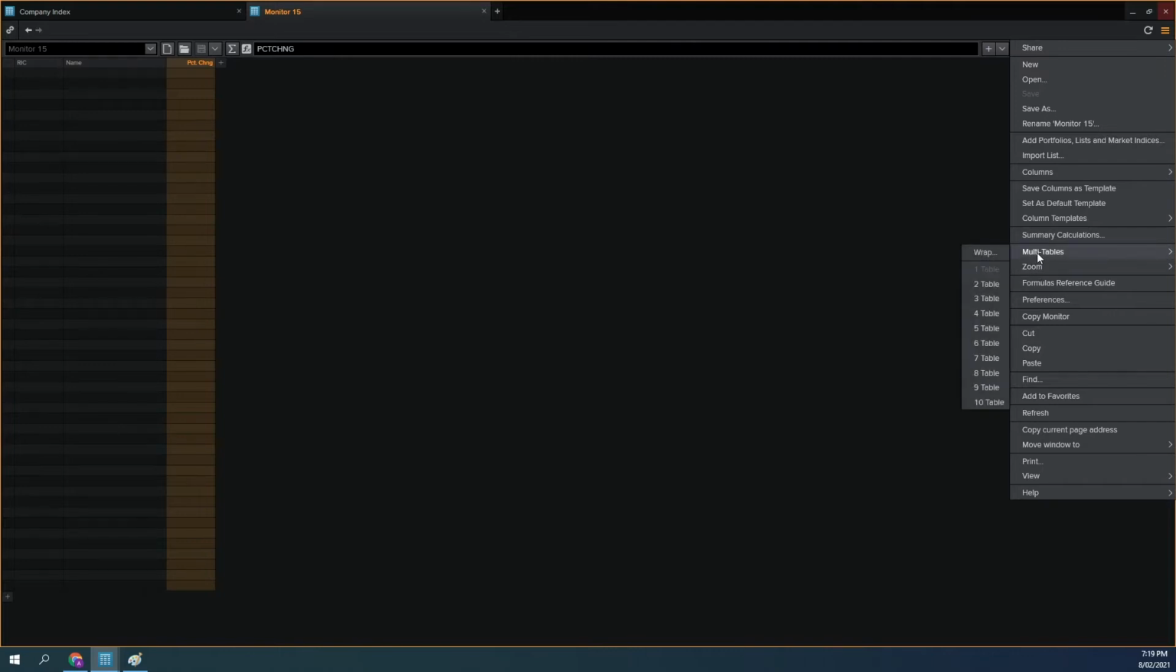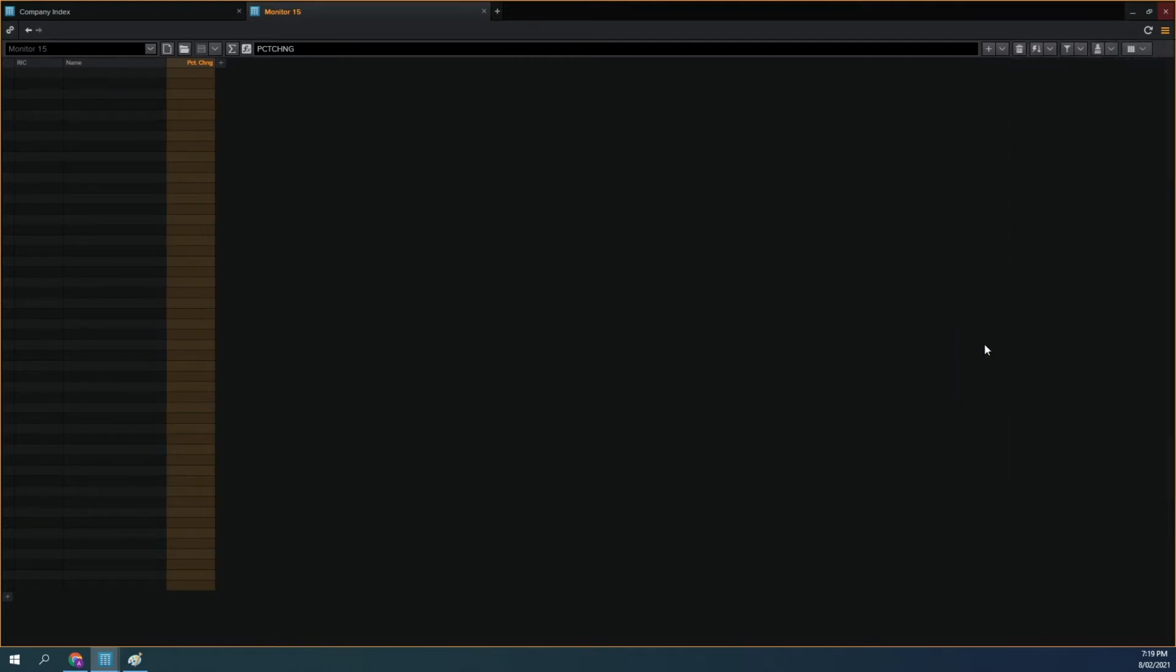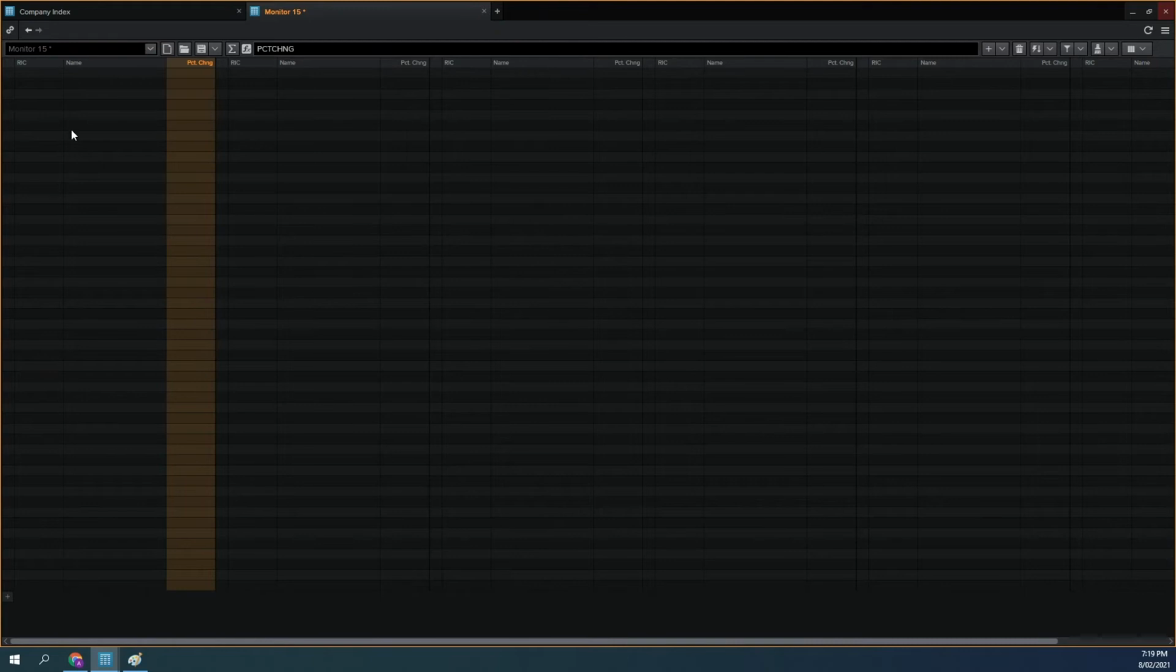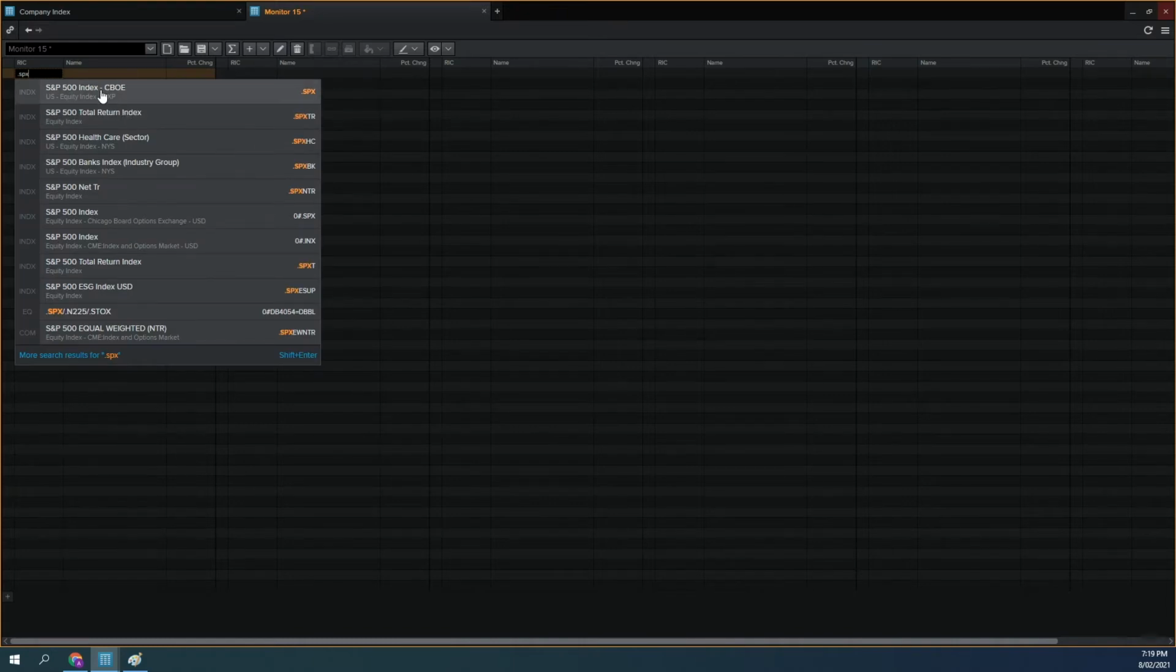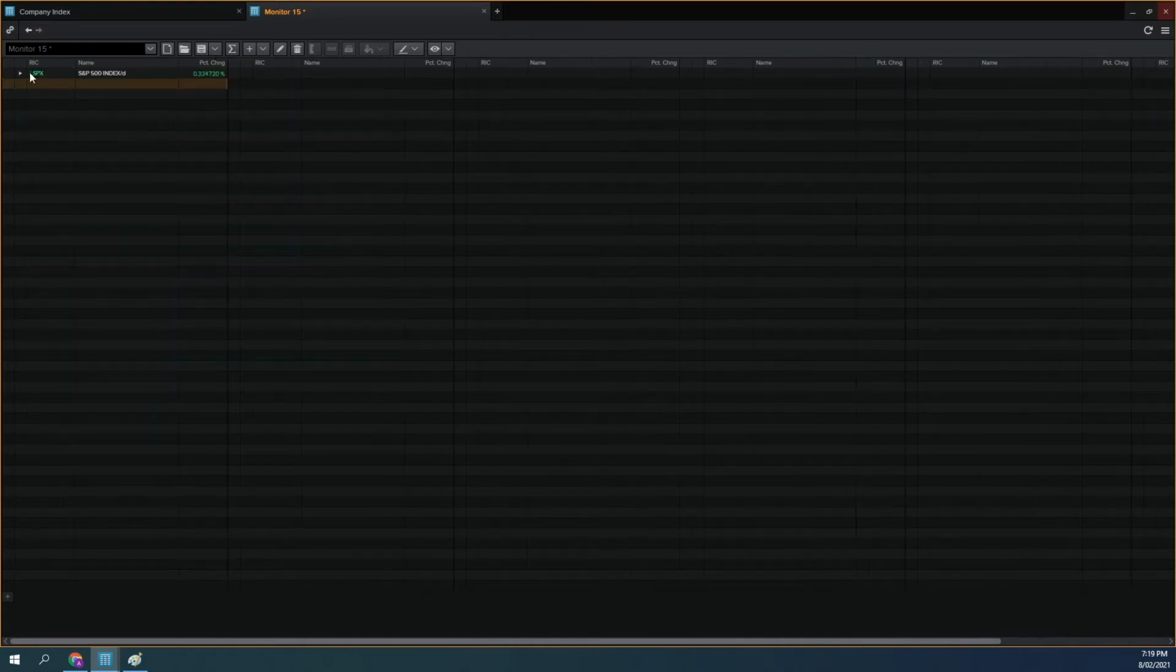menu, go to your multiple tables or multi-tables, and select how many columns you want. And then from there, it's really simple. You can just click, select the equity index that you would like to trade. Let's say it's the SPX. Go to the main equity index, and you'll see it gives you a little drop down. And from there, you can just click on that little drop down arrow, and that gives you all of the